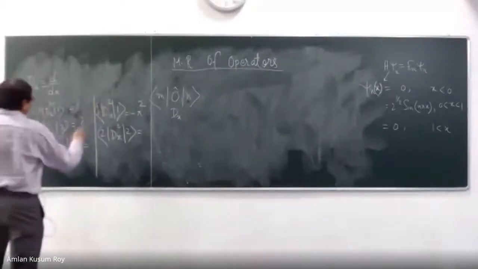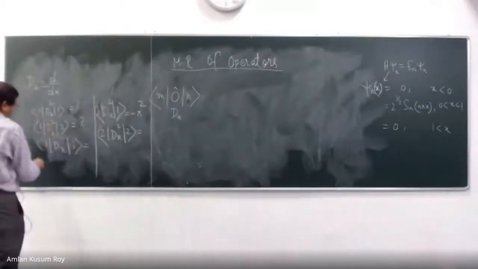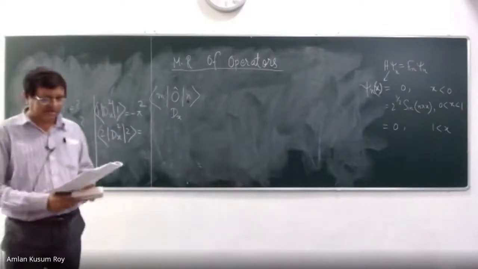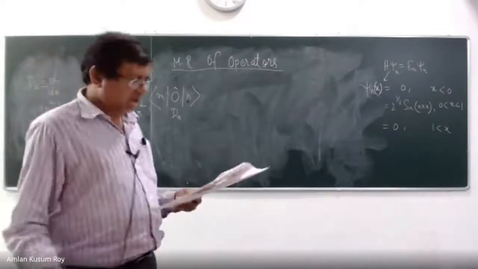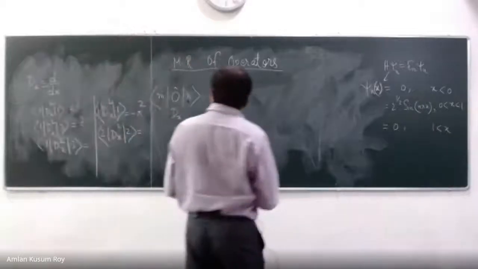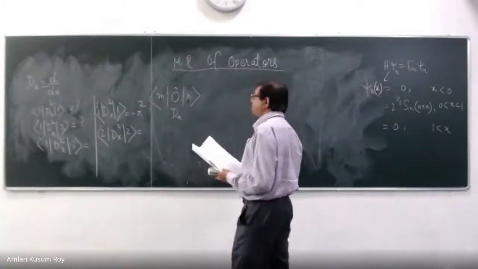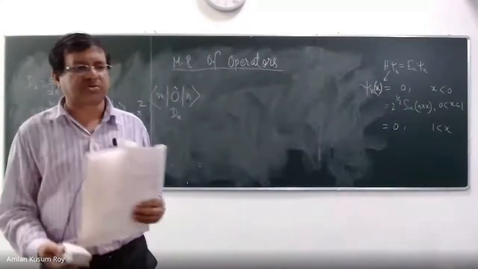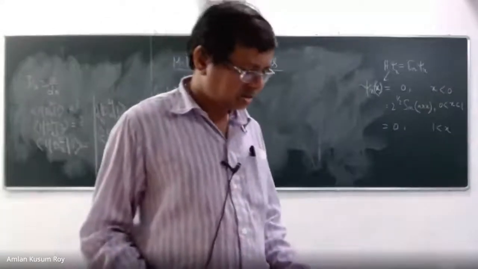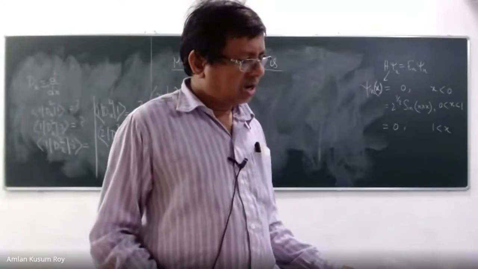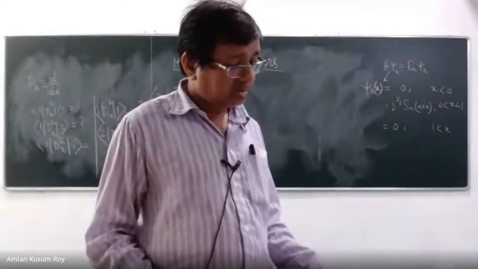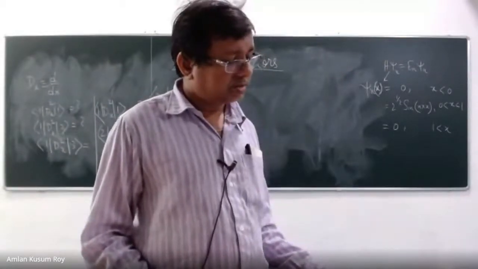I have written it, but let us see dx square. What will happen to this? Because we want to write the matrix representation of the operator dx square. Can somebody tell me how I can write the matrix representation of the operator dx square in this basis? That will elaborate some certain things. Who can write?